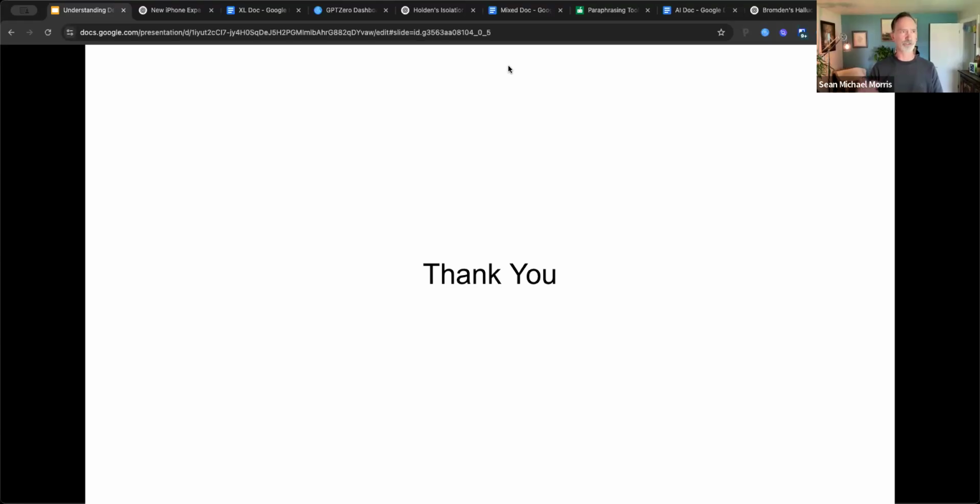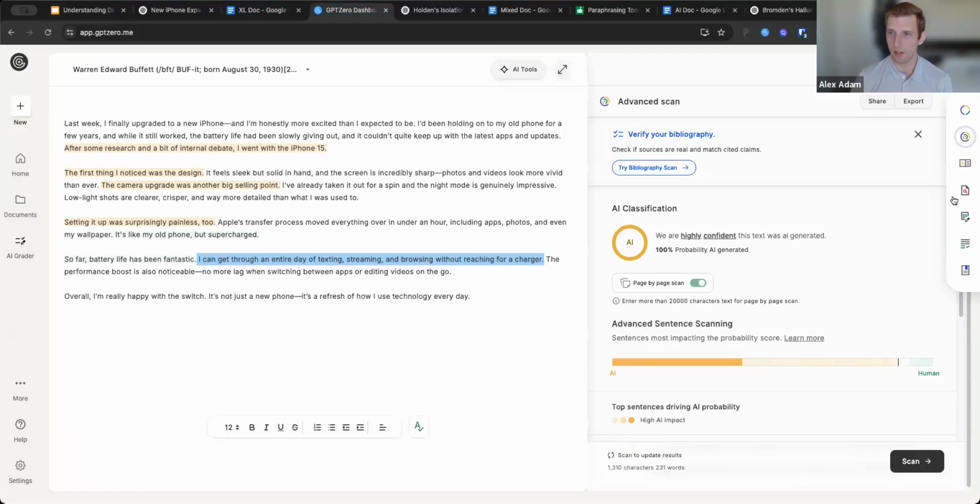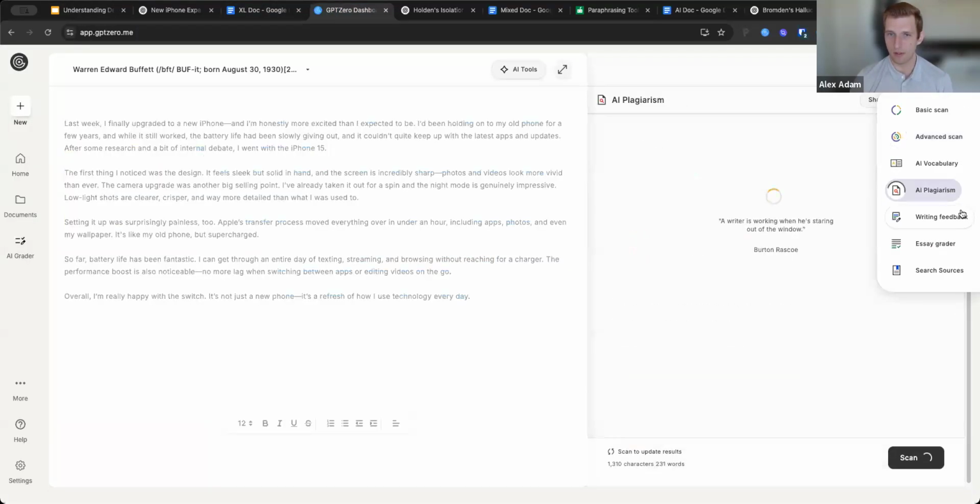I know that a lot of folks want to know where students are getting the source, what materials are coming from where, that sort of thing. Oh, I see. Yes. In that case, actually, we have another tool. I need to find a good document to show this, but basically, let me pull this up quickly in our dashboard. We have a tool called AI plagiarism.